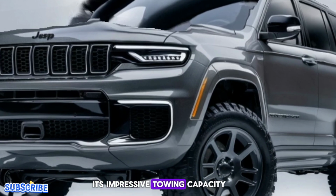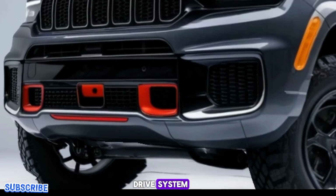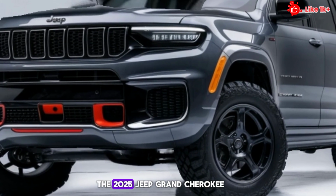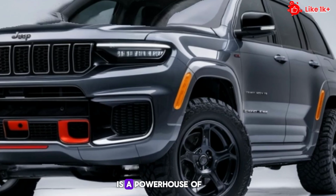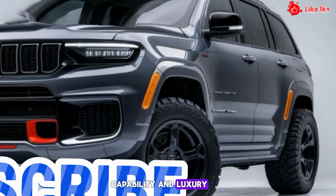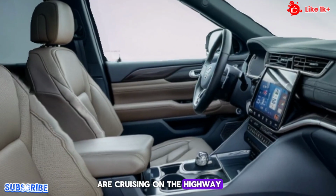Its impressive towing capacity of up to 7,200 pounds and available four-wheel drive system make it perfect for off-road adventures and heavy-duty hauling. The 2025 Jeep Grand Cherokee is a powerhouse of a vehicle, offering unparalleled performance, capability, and luxury. Whether you're tackling off-road trails or cruising on the highway, this SUV is the